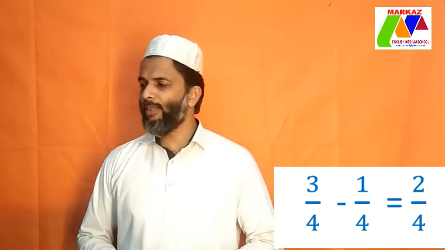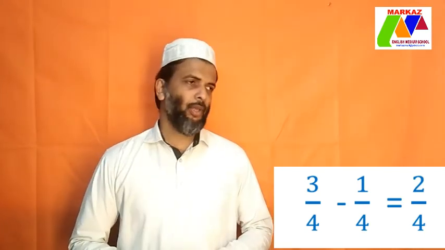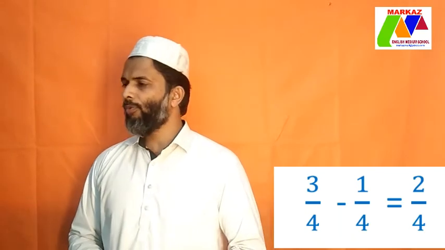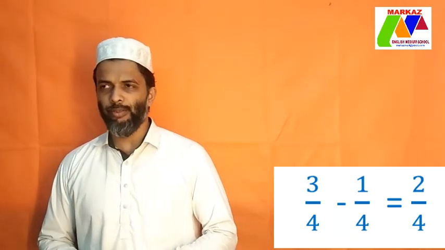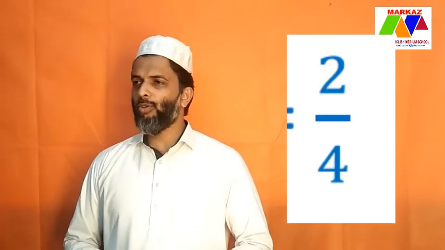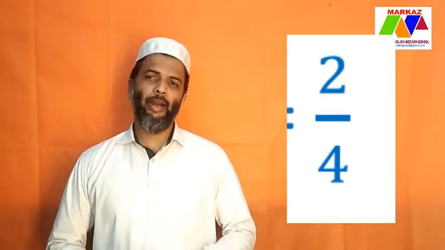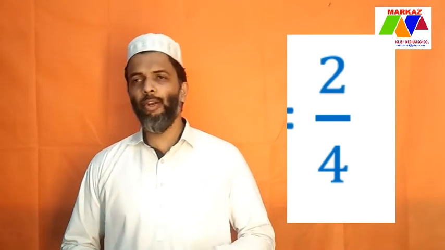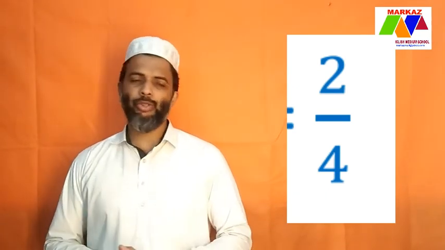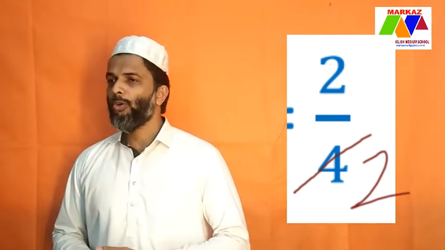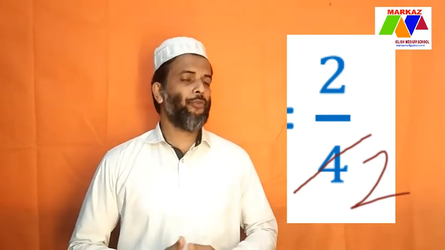You can simplify this fraction 2 by 4 with the common multiple of numerator and denominator. The common multiple of 2 and 4 is 2. So divide the numerator and denominator by 2. How many 2's in 4? 2 times. So you can write 2 instead of 4 in